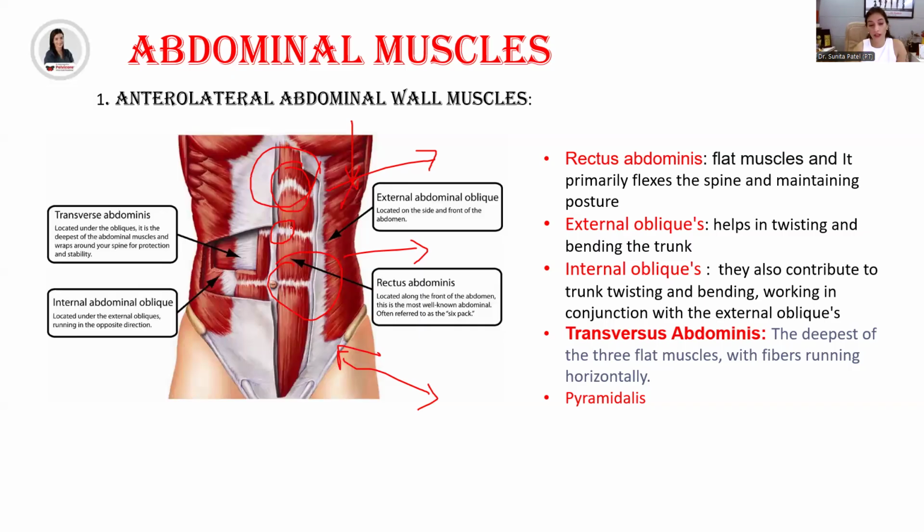Okay, very important. So this is the rectus abdominis, and this is why you might have seen in the gyms upper body workout, lower body workout. So this is the rectus abdominis muscle, very, very important. And this muscle, the right side muscle, has divisions. So you can do upper, lower, and middle ab workout, or it can also be right and left. So right and left muscles are there, and the right and left muscles,